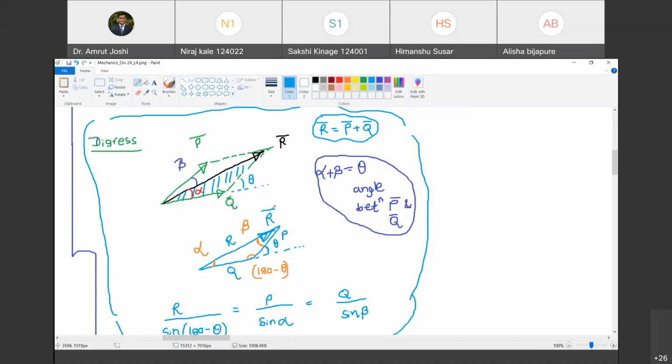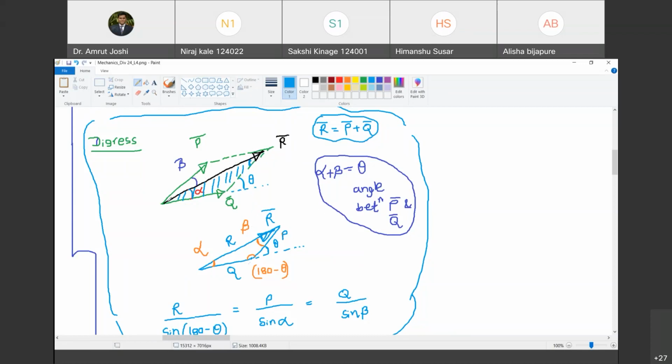Yes. To apply the sine rule, I must know all the included angles of this triangle. Are you with me? Yes. So tell me, what is this angle? In this triangle, this angle is alpha, so I have written it as alpha. Happy? What can you say about this angle? You can see that it is the alternate angle. By alternate angles being equal, it is going to be equal to beta. Are you with me? Yes.